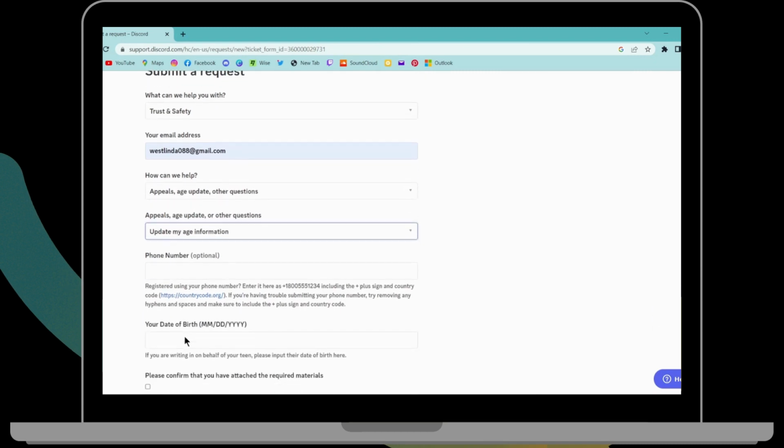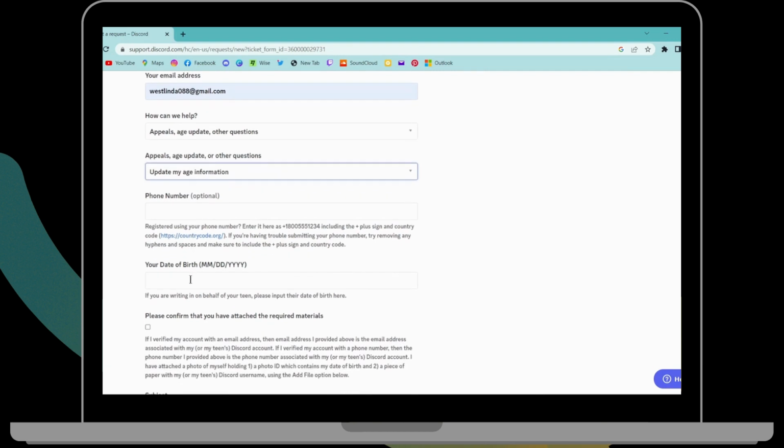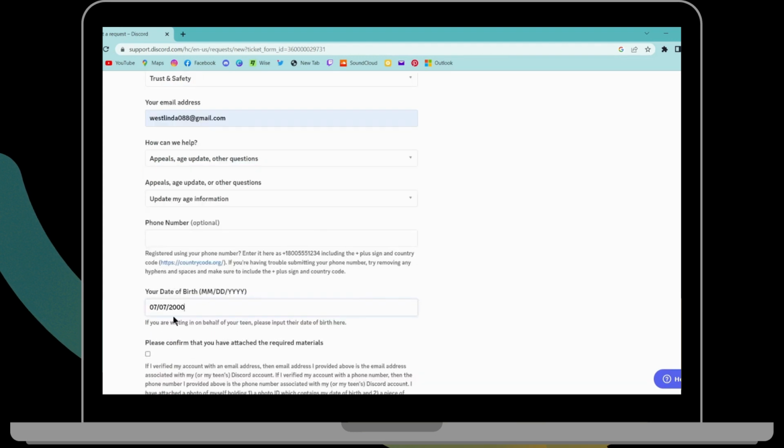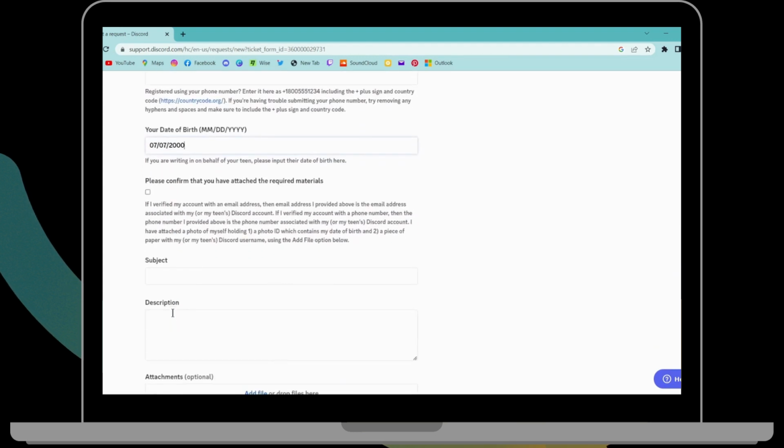And now you have to enter your phone number, but this one is optional, but you have to enter your date of birth. So if you are writing for your team, then enter their date of birth, and if you are writing for yourself, then enter your date of birth. And after entering the date of birth, scroll down and click here so that you have confirmed that you have attached the required materials. And here on the subject, you can write